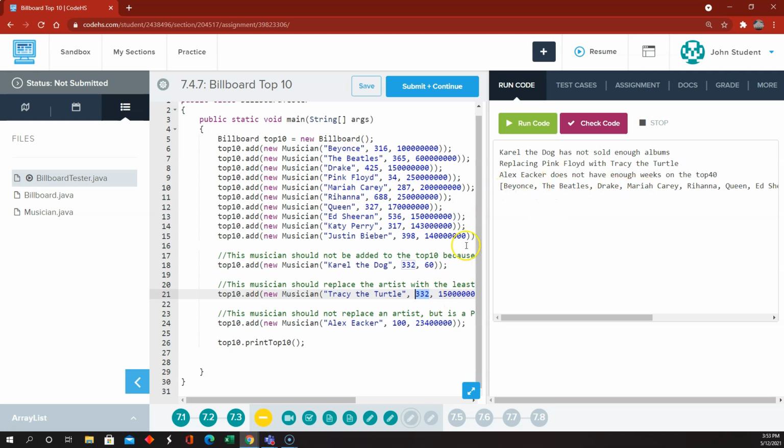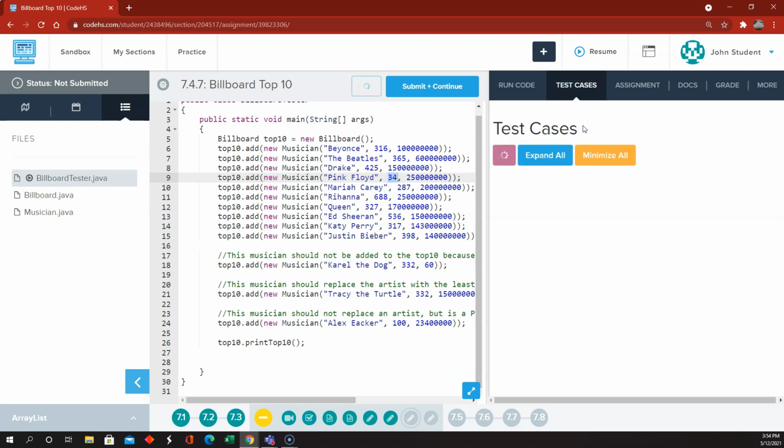That is correct. Now, Alex Ecker has enough albums sold. That's well over 1 million. But with 100 weeks on the top 40, all these other ones are way over 100 weeks. So Carol the dog did not get added because Carol the dog only had 60 albums sold. Alex Ecker did not get added because Alex Ecker does not have enough weeks on the top 40. So I thought the code was messing up, but we're not looking at the albums sold. We're looking at that number right there. So I think, unless I was supposed to print out something a little bit differently, I think